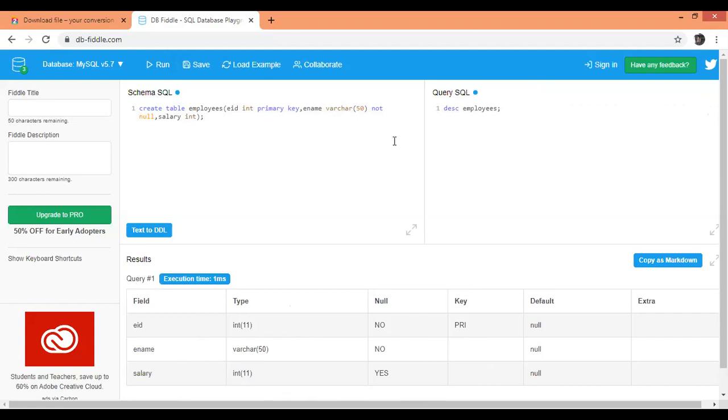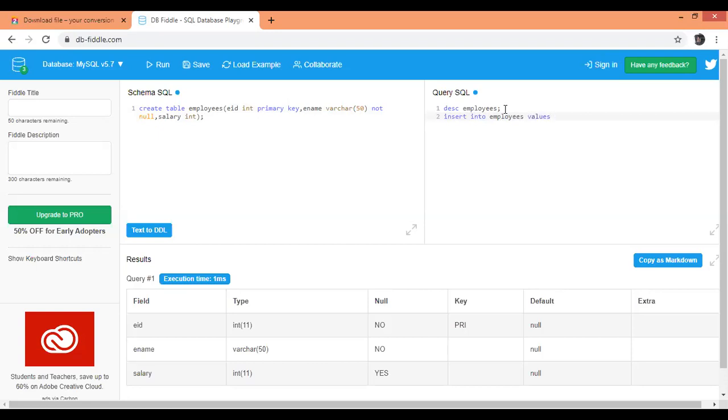Now we are going to insert some values into this table. Like yesterday, I tried this command, insert into employees, the table name. First, let me not mention the columns.